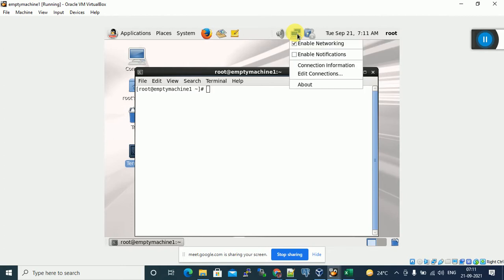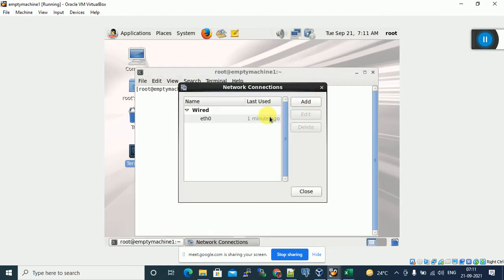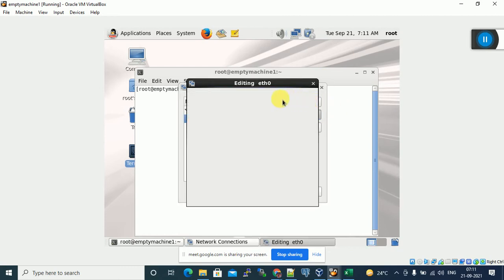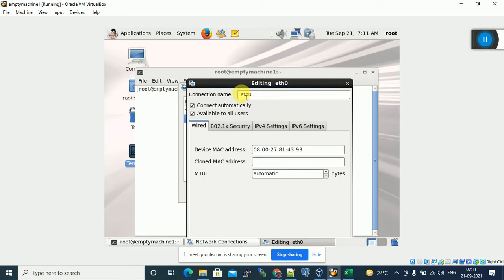Right click on the computer icon, edit connections. Select the Ethernet, edit. In your case, the first time, the name will be like this: System ETH0. By default the name will be like this. You can remove this System and keep ETH0, Ethernet 0, the network adapter, both are the same.